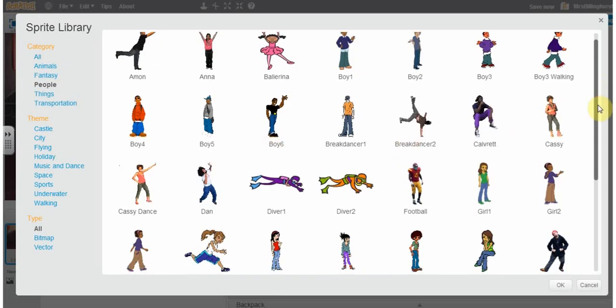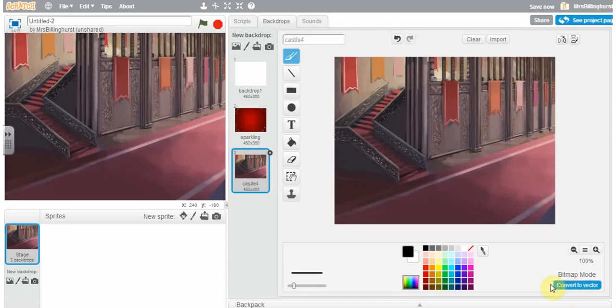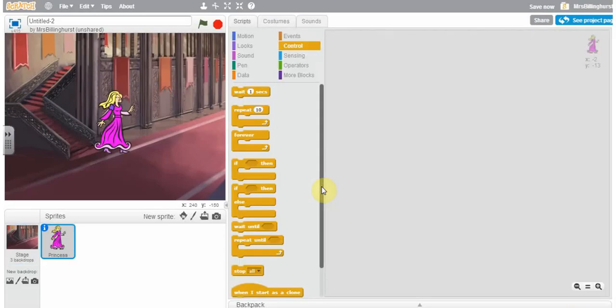Okay, now if I've got a castle, I think I'm going to have a princess. Okay, so that should arrive on my screen. There she is. Let's put her up there, make her a little bit smaller. So we use the shrink. There we go. And then on here, which is our script area, I'm going to bring an event in, exactly